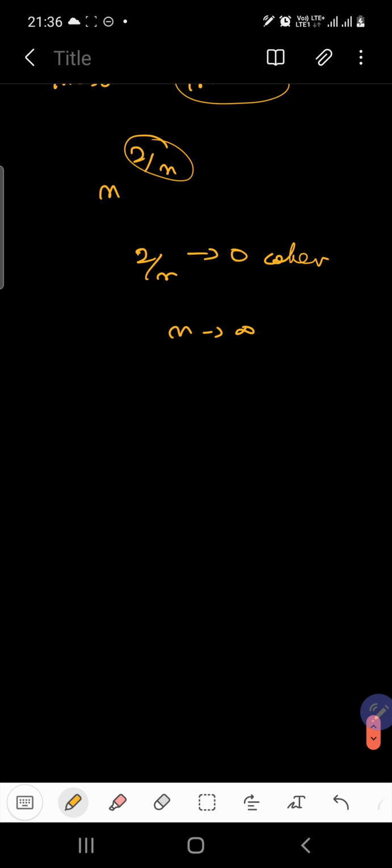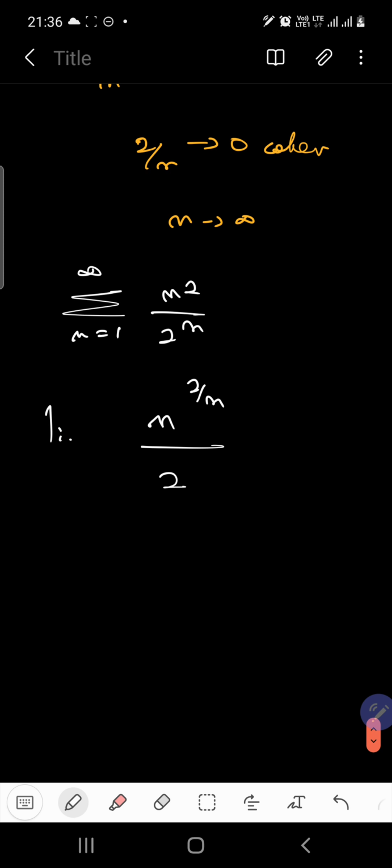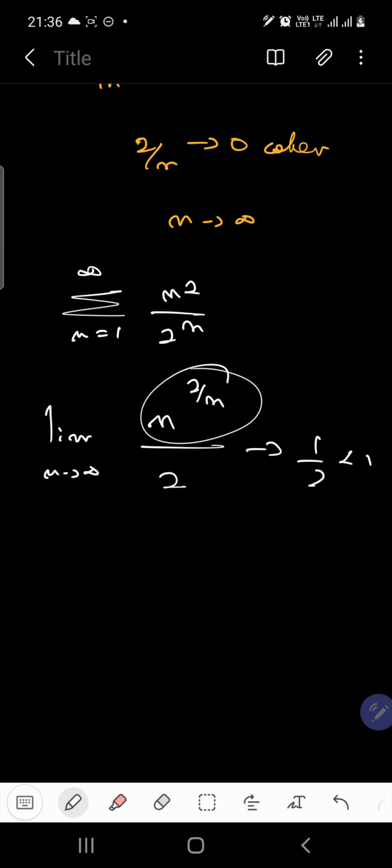That is greater than 1. Right? Therefore it won't be converging. It will be diverging. So if we take the reciprocal of this particular thing, that is summation n equals 1 to infinity of n squared over 2 to the power n, then this would be converging. You know why? This becomes n to the power 2 over n over 2, and if you apply limit n tends to infinity, then this moves to 1, so this tends to 1 over 2, that is less than 1. Clear? Diverging and converging, clear?